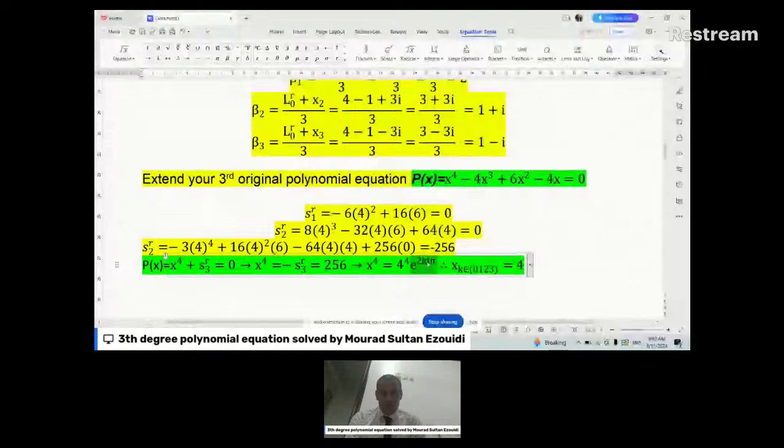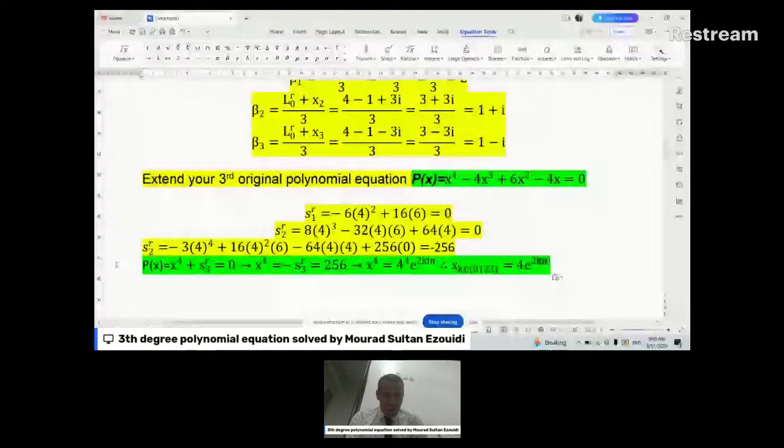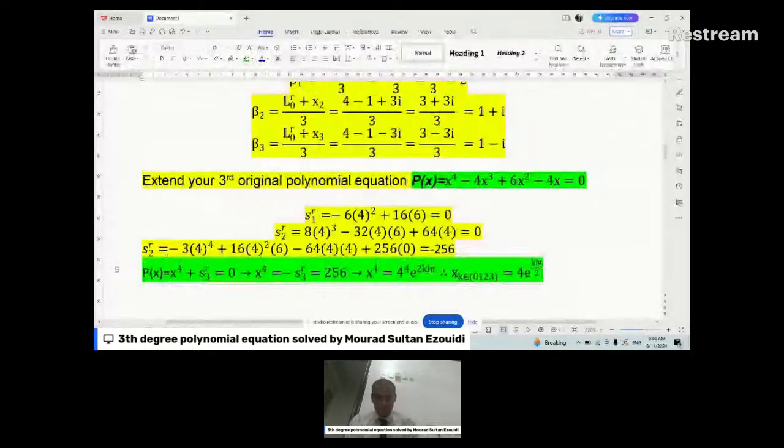exponential 2k I pi divided by 4, which will give you exponential ik pi divided by 2, like that, exactly. Okay, so the first root is what? The first root, therefore xk,